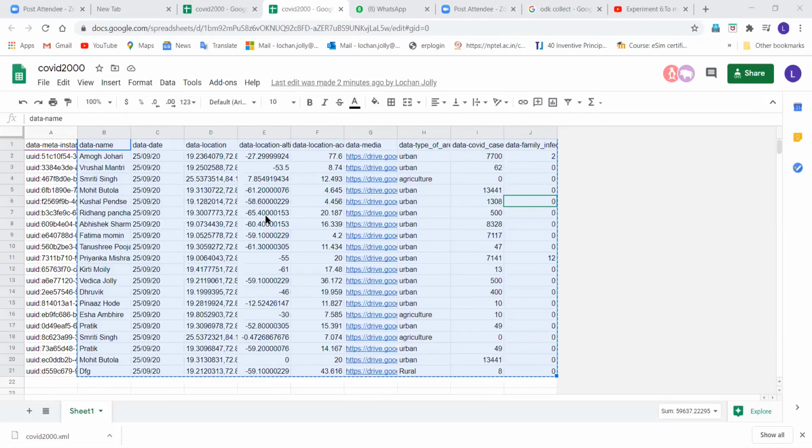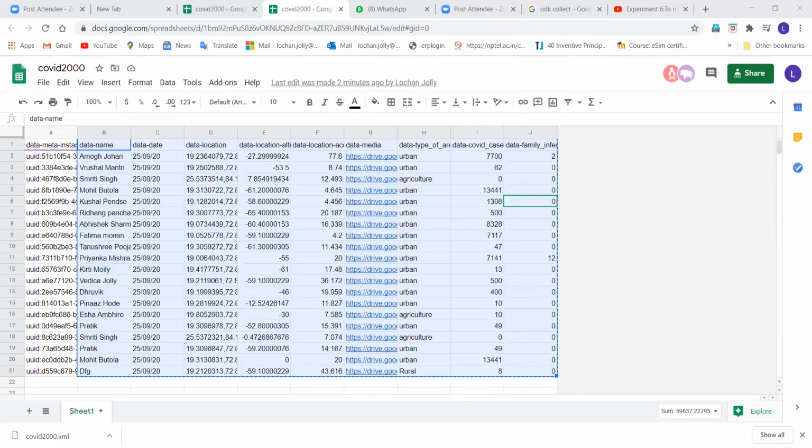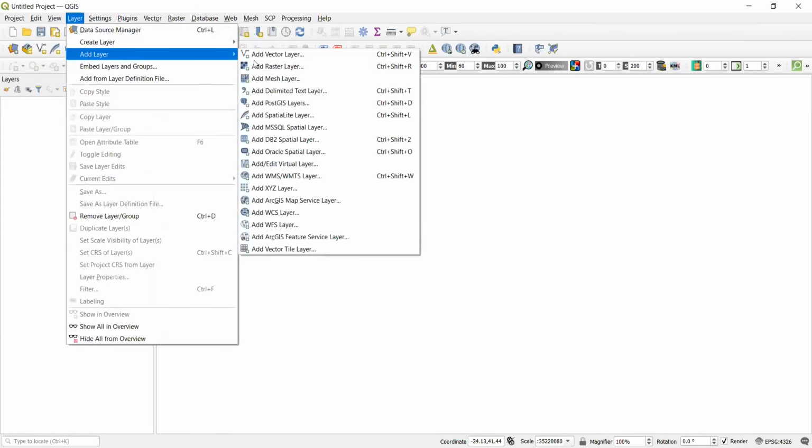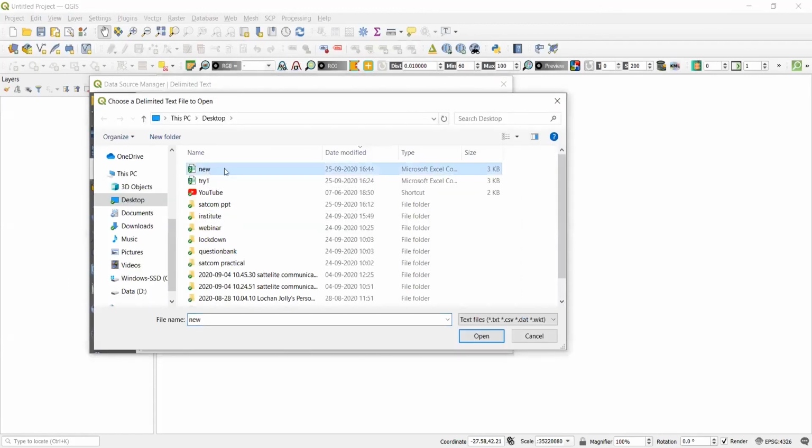with the name new, and save it as type comma delimited, CSV comma delimited, save. Okay, now this is done. Now go to your QGIS window. Now we'll go to Layer, Add Layer, and in this you know how to add a CSV file: Add Delimited Text Layer. Now in this I'll just go to the desktop and add my new file,